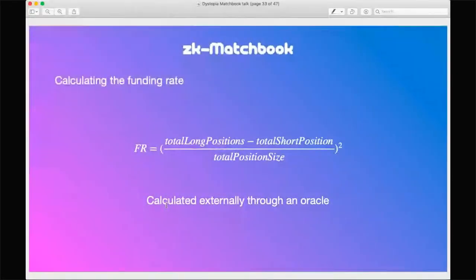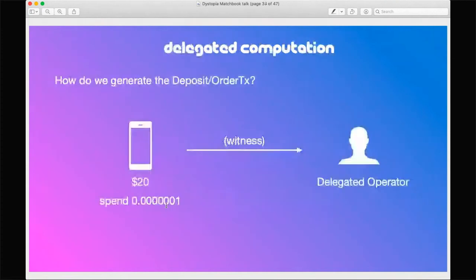Back to the slides. All right, so in order to calculate the funding rate, we compare it with the total position size. So it has nothing to do with the total pool. We look at the total long positions, and then we look at total short positions. We subtract them, and then we divide with the total position size, which is basically just total long plus the total short. And then we just square it. And then because we are charging funding every hour, we also divide it by 8 at some point. All right, so that was that.